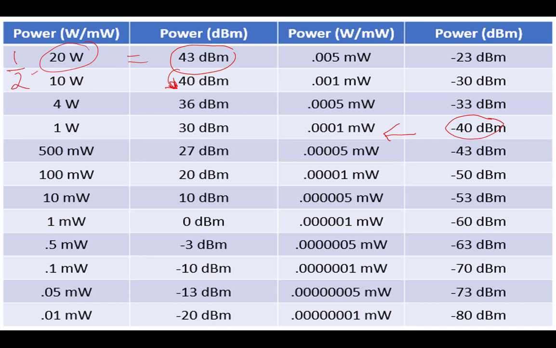So half of the power of 20 watts is 10. So we are demonstrating that relationship. If we do the same for the next row, we can see